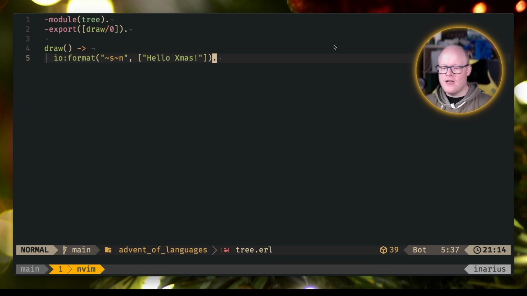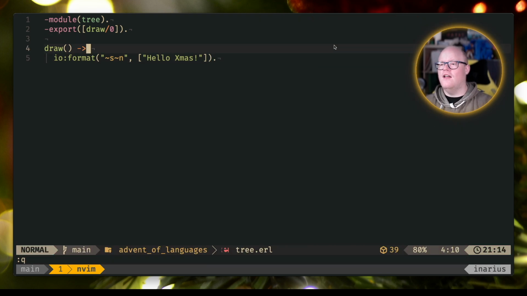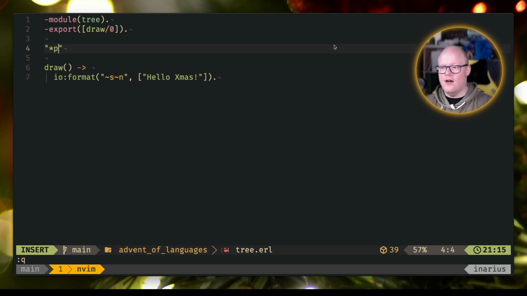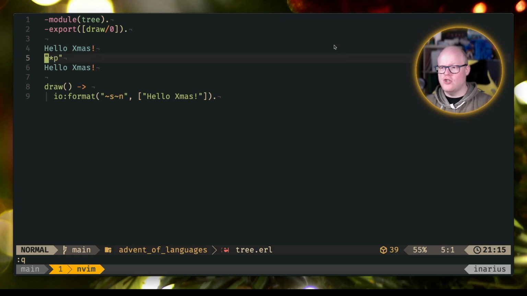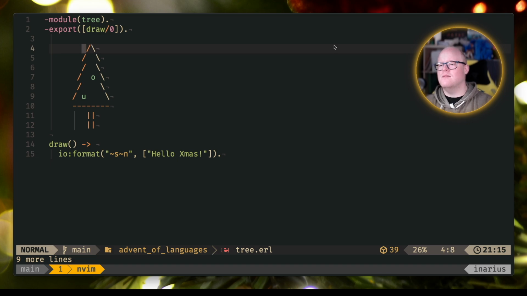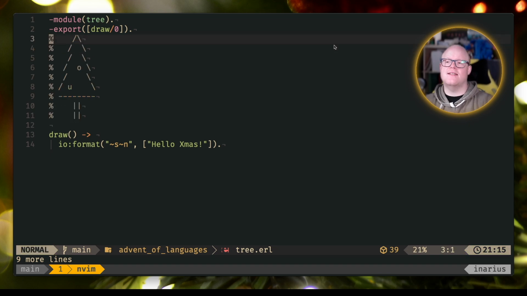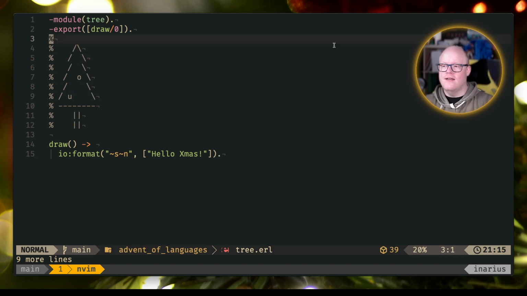So now that we have that, let me quickly get our example tree over from our initial README file, because that's always a neat thing to have in our code. I somehow did not grab that into the right register, I guess. So let's put that there. Yes, perfect. And let's remove the spaces and quickly add comment signs, which are a percent sign in Erlang, so that we now have a neat little Christmas tree here to look at